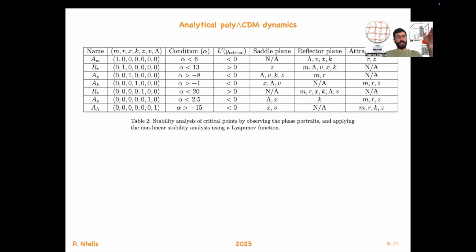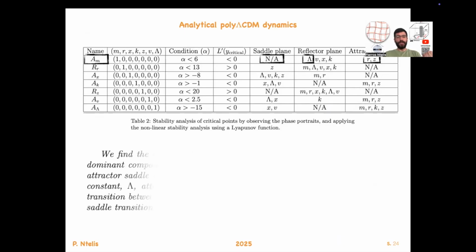And you see here on the left side, we have different domination epochs for different species of this Lagrangian. And for example, when we have matter domination, we can check in which plane this behaves as a saddle, reflector, or an attractor. It turns out it doesn't behave as a saddle at any plane, but in the plane, for example, dark energy and matter, it behaves as a reflector. Potential and matter, a reflector, and so on. While in the plane radiation and matter, it behaves as an attractor, or Z component and matter, it behaves as